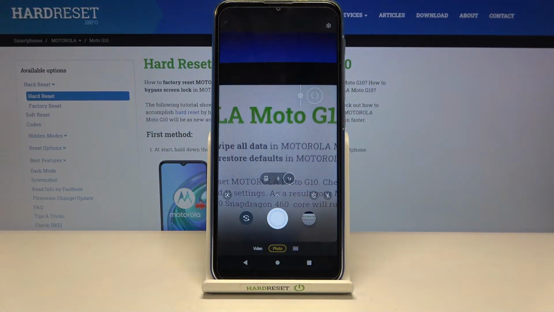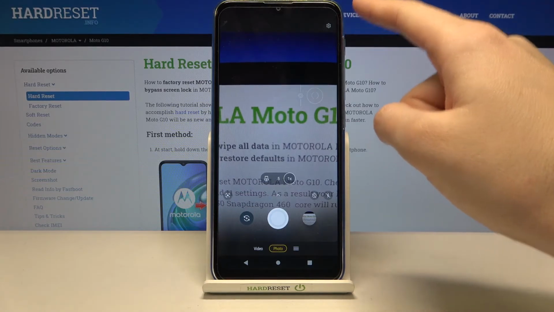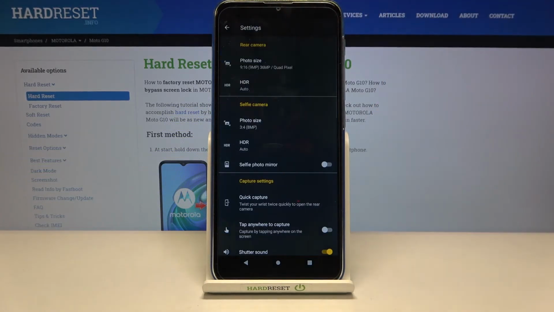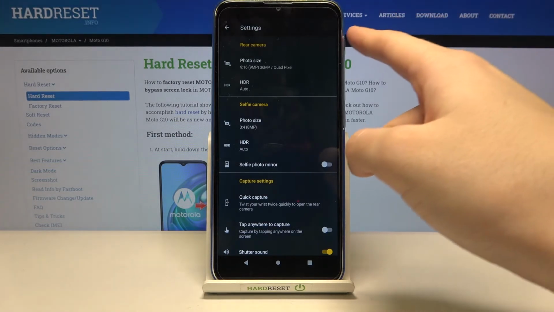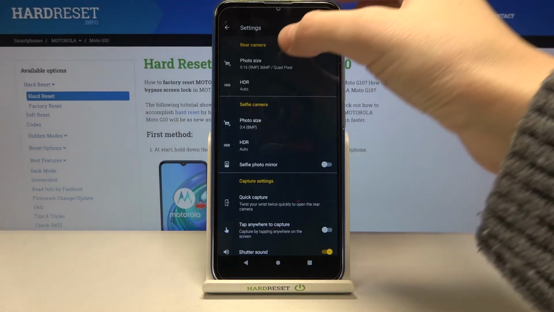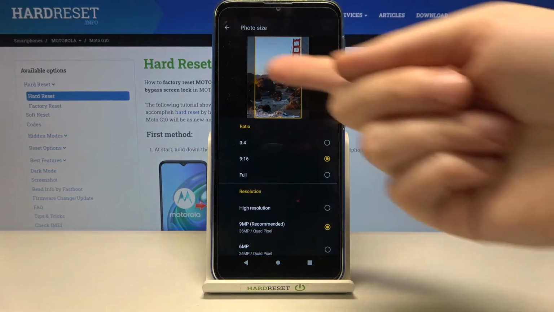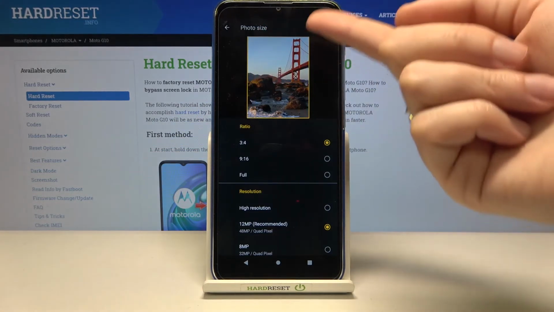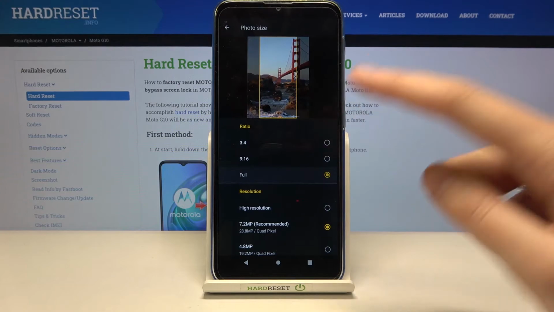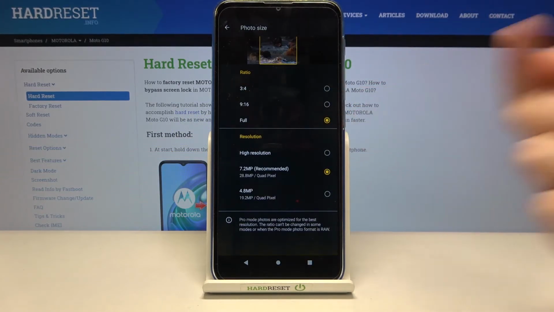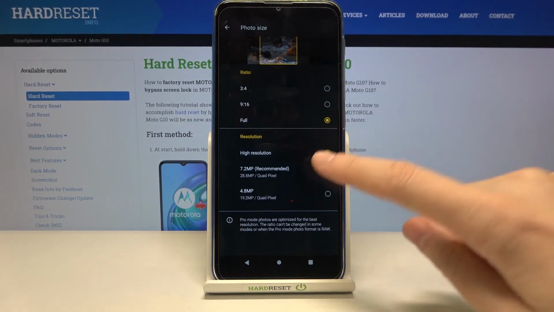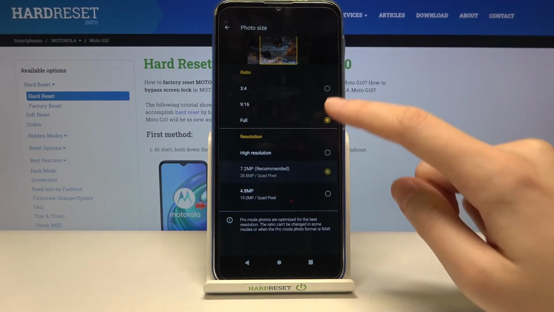Also we have one extra way that is more complicated to change aspect ratio. Let's tap on the right corner button to open the advanced camera settings. In the rear camera, at the first place we have the photo size, so let's pick it. And now we have the same ratios and the short preview how they look like. And this is connected with different resolution, so we can pick the quality to each of these ratios,